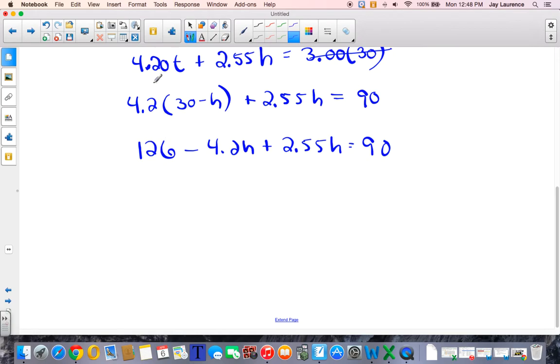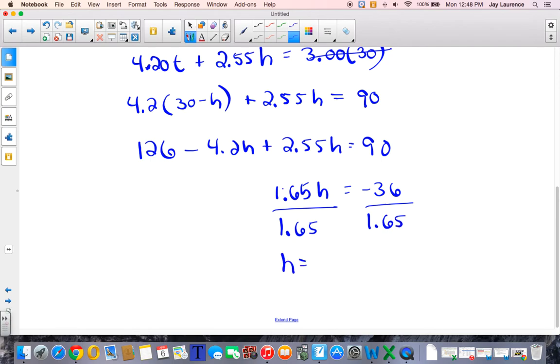Again, I'm going to skip a step just like I did in the last one. I'm going to combine these two and subtract 126 from both sides. So I'm going to get negative 36 equals negative 1.65 H, and so I'll divide both sides by negative 1.65. So H is going to equal, and it should be a negative there, shouldn't it? Yeah. All right. So H is going to equal 36 divided by 1.65, which comes out to be about 21